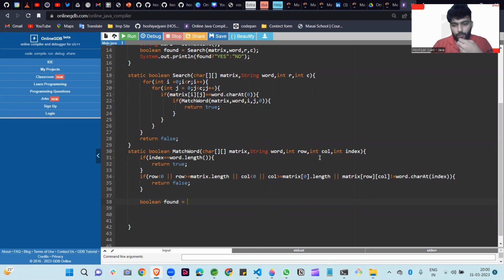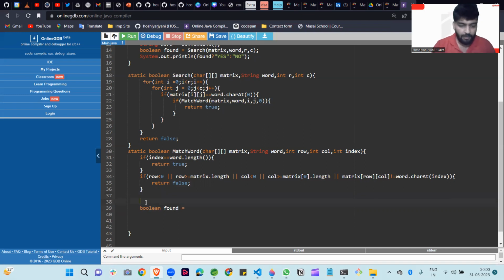At this position row and column we found one character, then it's our responsibility to visit all the positions: upward, downward, left or right. So for visiting all positions we write the recursive calls of our method. Before that we declare something here, whether we visited that position or not. If we visited, like 2 comma 3, then we cannot visit that position again.